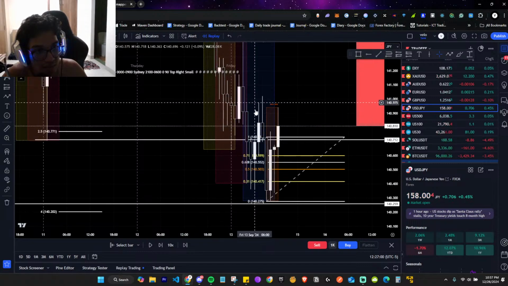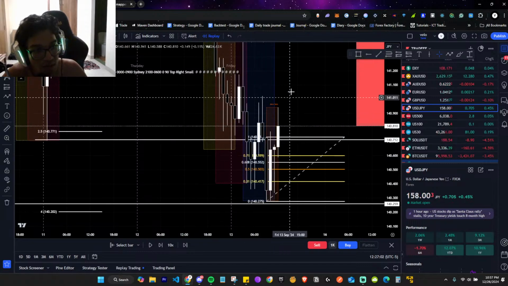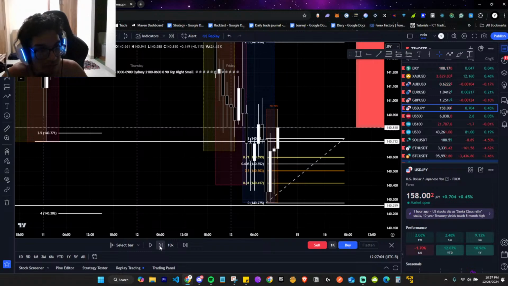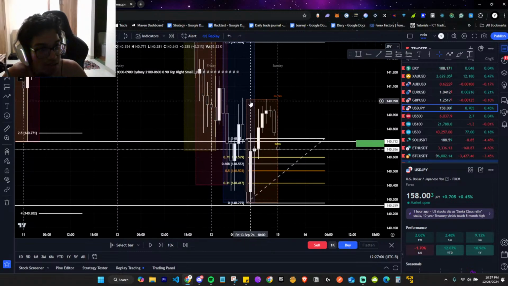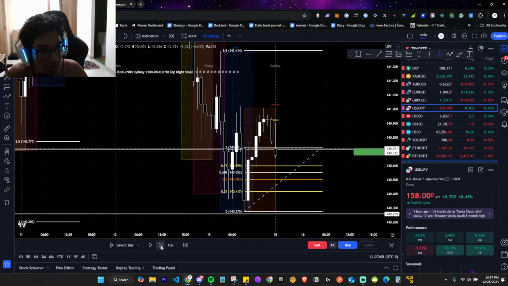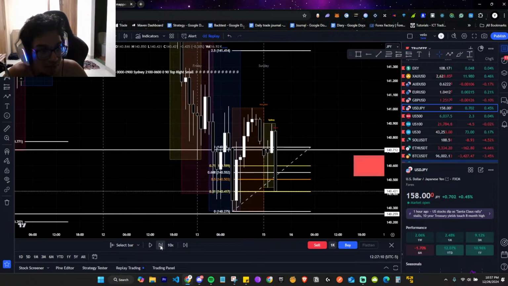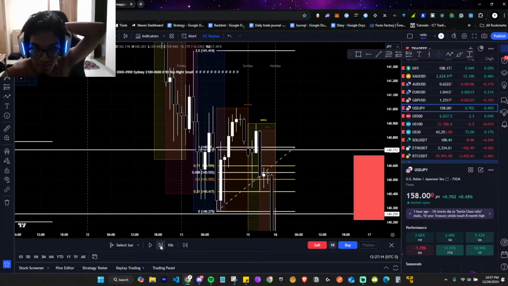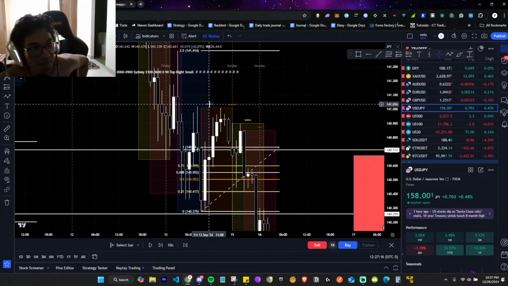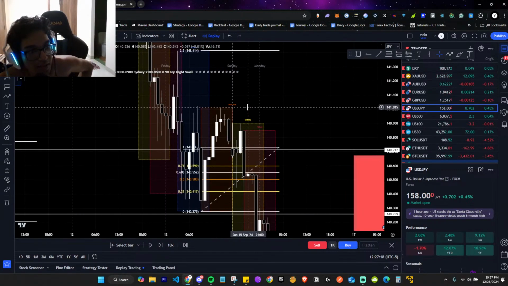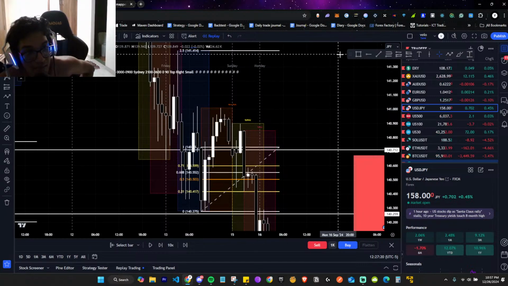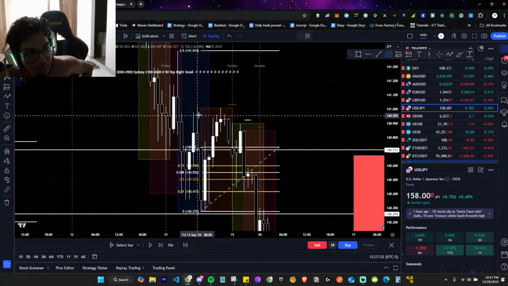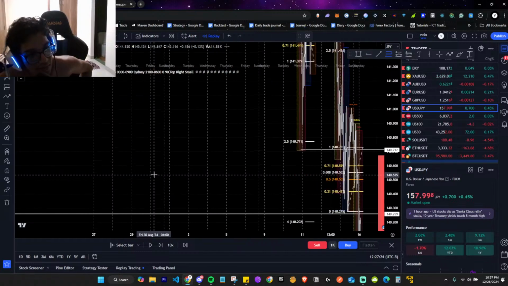This is the fair value gap, so I would expect a sweep of liquidity and then a retracement away. I need to see a sweep of liquidity. Come on, show me a sweep of liquidity. Are you serious? See, again, there's no sweep of liquidity here, but that's because, okay, let me see,